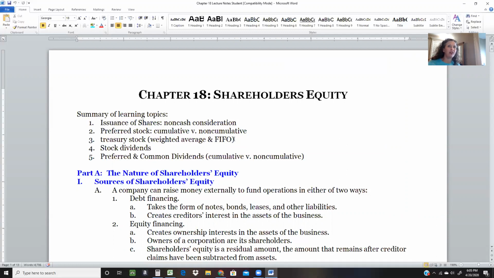So in advanced accounting, for those of you that are in advanced right now, we actually talked about common stock and then paid in capital in excess of par. So this chapter unpacks that concept. So you already had a preview to that in advanced, and so that should kind of help us as we